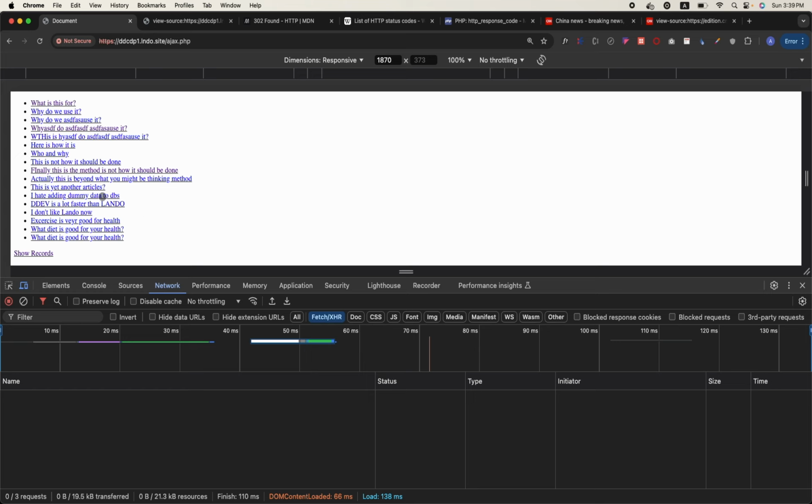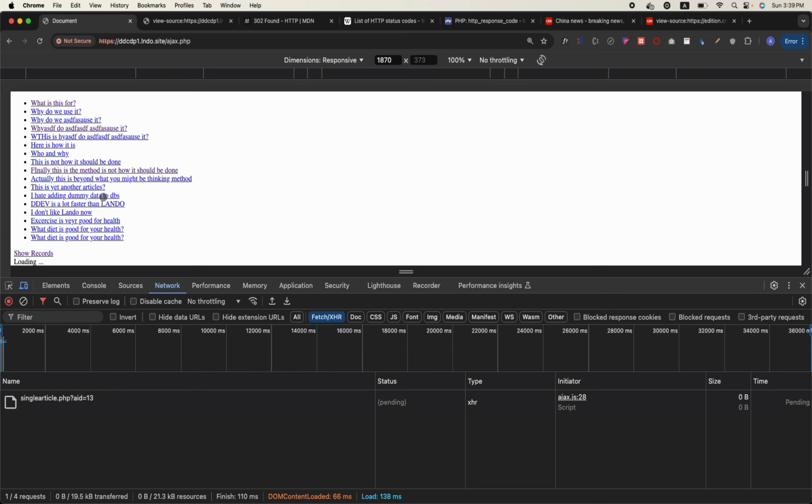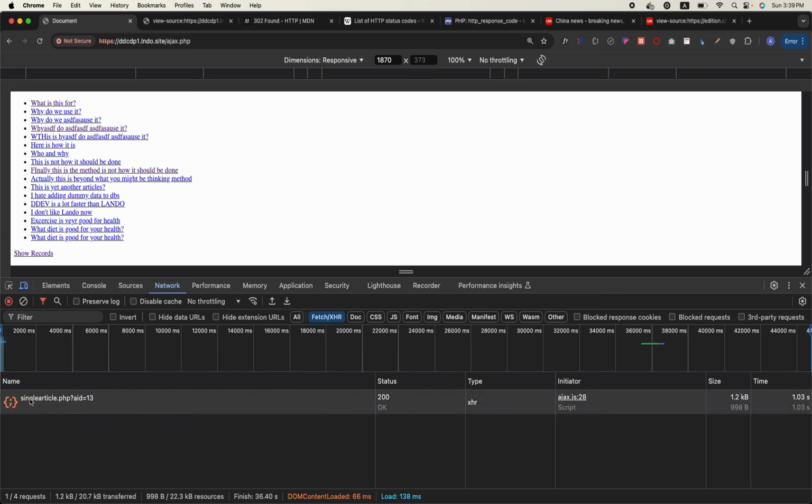So if we click on any of the links now, you can see it is sending a request to single article.php with AID equal to 33. I have created a page, and it is taking a URL parameter of AID equal to 13. So this is the Ajax request that has been sent to that page, and the page we are on